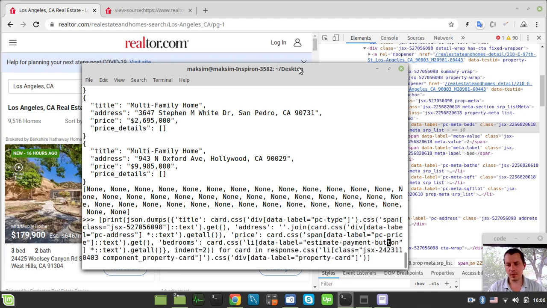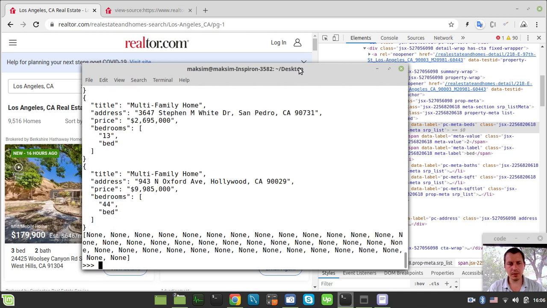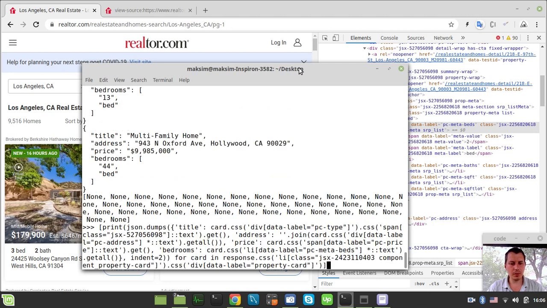Would it be bc-meta-beds? Okay. Meta beds. And yeah, recursively extract all the text. Okay, perfect. So we can now join this by the empty space, I guess, would be just fine. Yeah. Get all. So here and here,